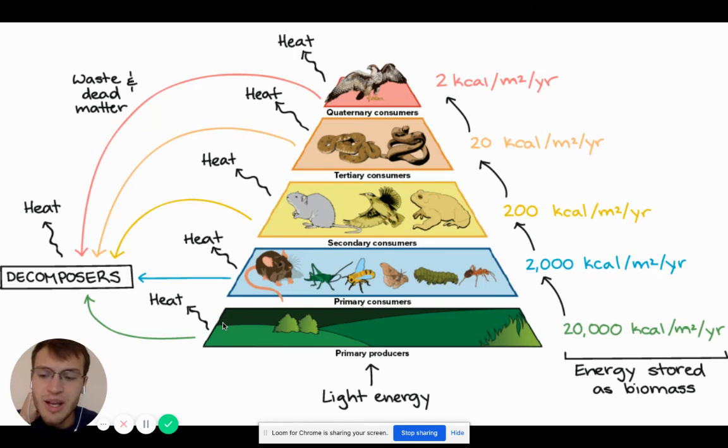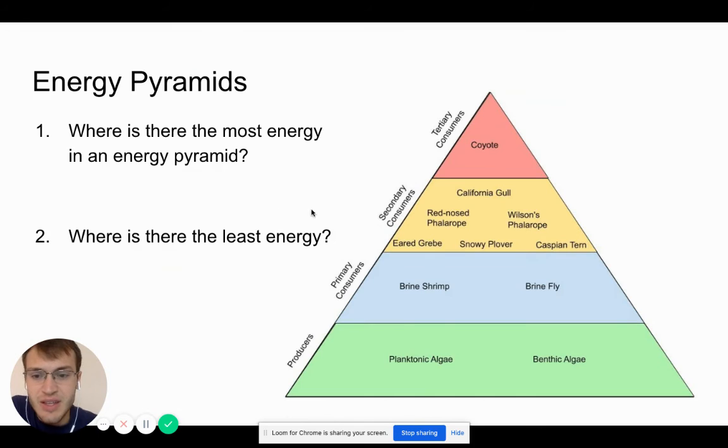And remember, we lose energy when we go from one trophic level to the next because of heat. All organisms produce heat. They radiate heat. Right now, you're producing heat. I'm producing heat. Nothing can eat that heat. It keeps us warm, but it's useless. We just can't survive on heat alone. So all of that heat is wasted energy. Nobody can eat that. So that's why at the top, they don't have access to a lot of energy.